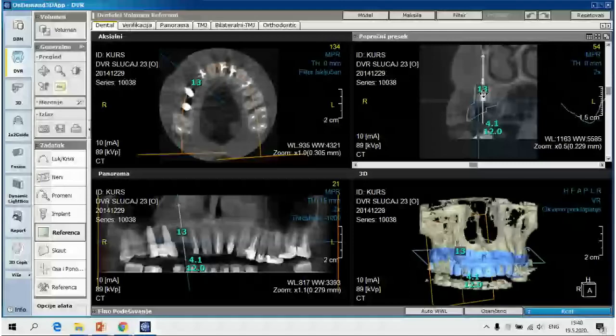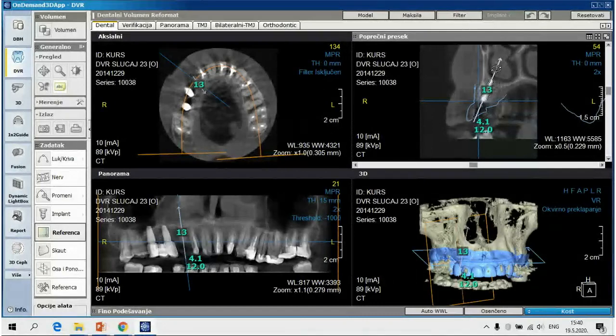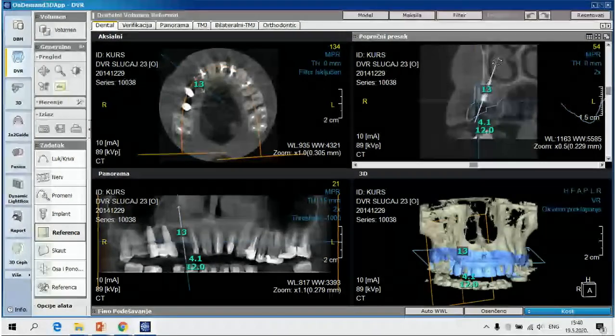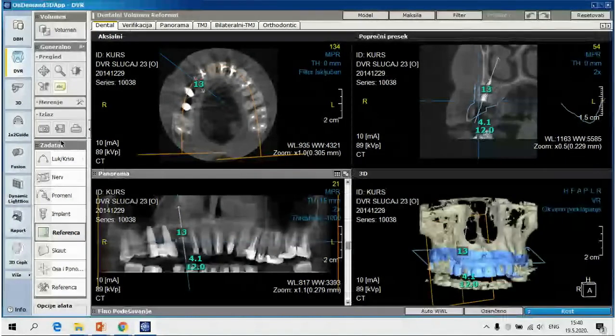So what I would like to have in the aesthetic zone is one screw retained reconstruction. So that means that this part or the axis of the implant should not go over the incisal edge of the implants. It should be a few millimeters palatal, so it could be done screw retained. Also, we need to check